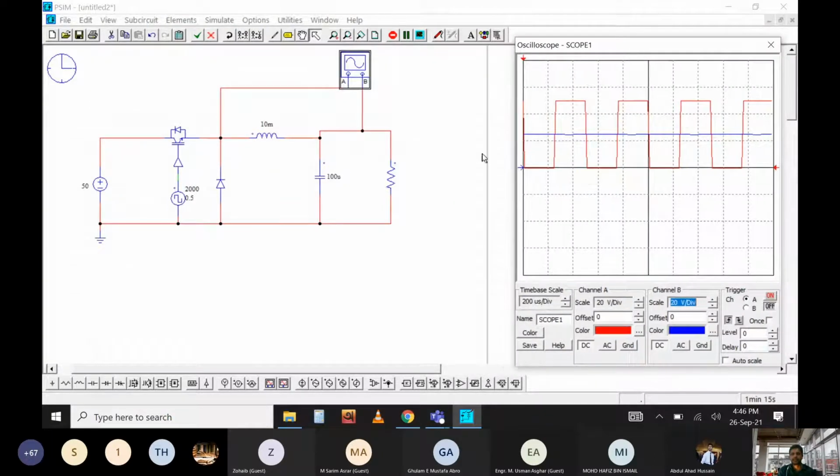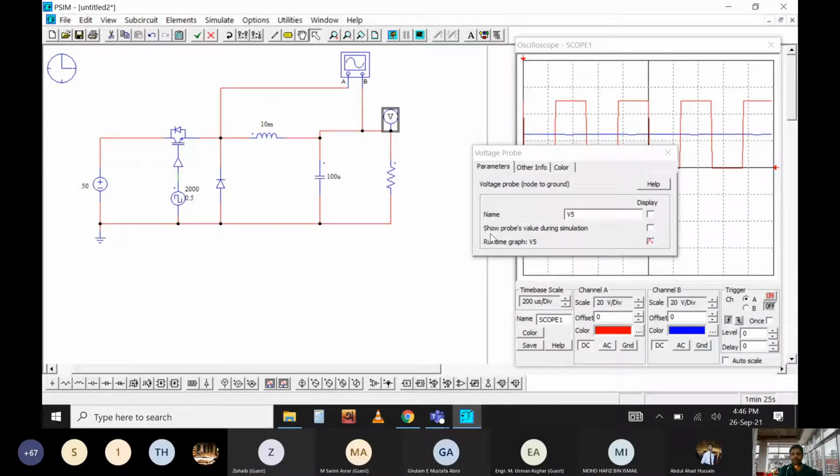Another thing, you can get an approximate result through direct measurement. You can simply put the voltage probe here and select it, and you can see show probe value during simulation. This is true for all the voltage and current probes. You can do the same thing for the current probe: put the current probe to see how much current is being drawn by this load, and select show probe value during simulation.